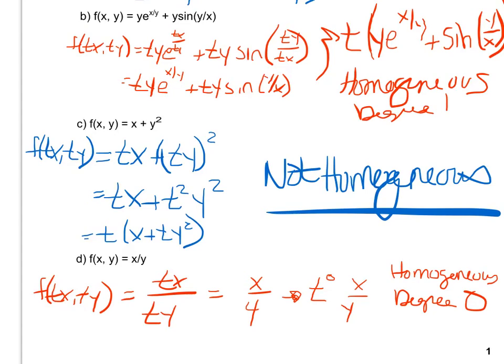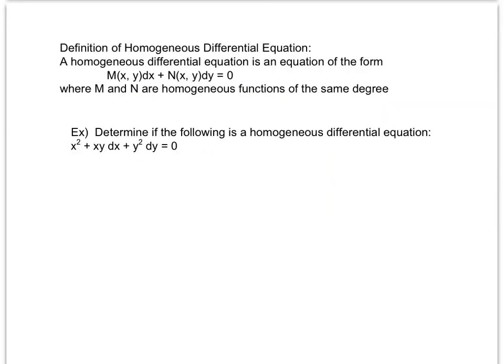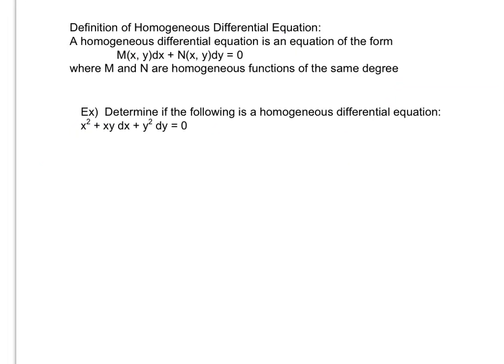And then the last thing I want to talk about with this is the definition of a homogeneous differential equation. So this is the actual definition we need to be aware of, that a homogeneous differential equation is an equation of this form: some function M dx plus some function N dy, where M and N are both homogeneous. The reason that's important is we need to have all of our x's and our dx and our x function on one side, and we need to be able to move our dy and our y over to the other